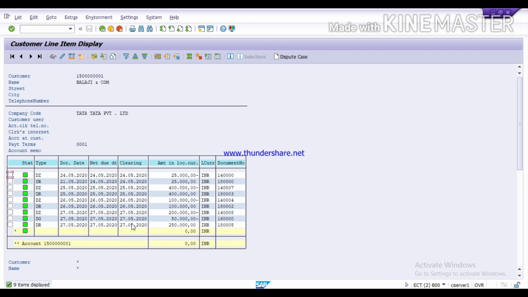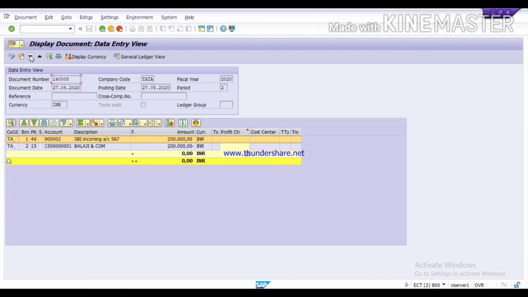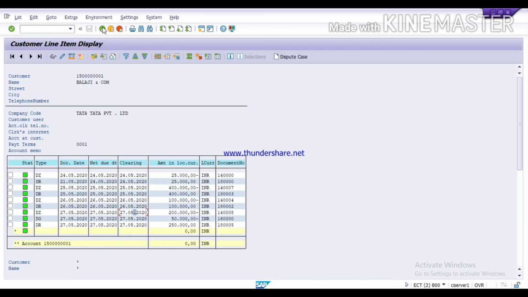It is a clearing document. Now double click on it to check the entry. Click on this overview. Here you can see 40 posting key is for debit and customer account is credit with 2 lakh rupees. Like this you can see the journal entry, and like this you can clear your customer. Clearing of customer is a month-end activity also. So it is a very important part of SAP FI.